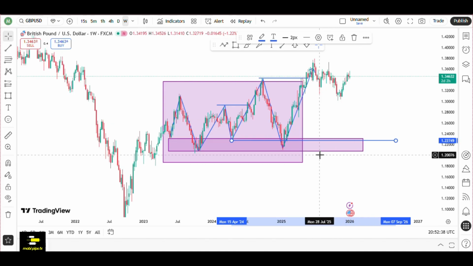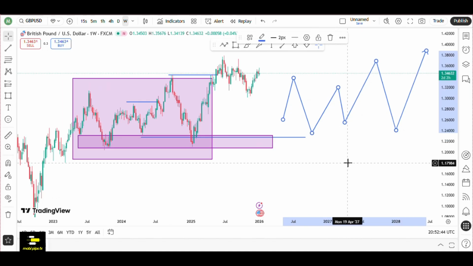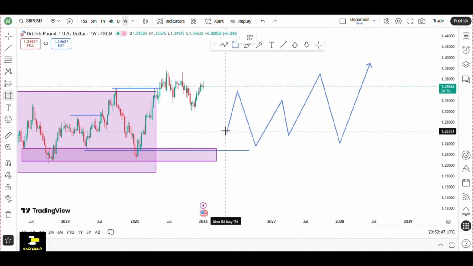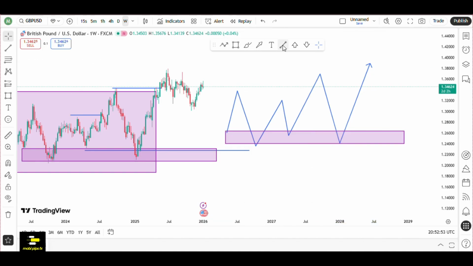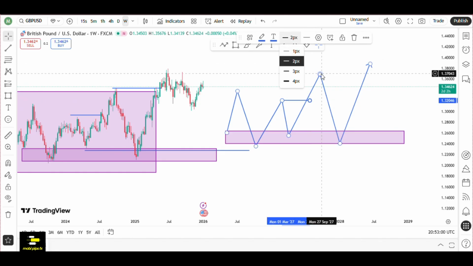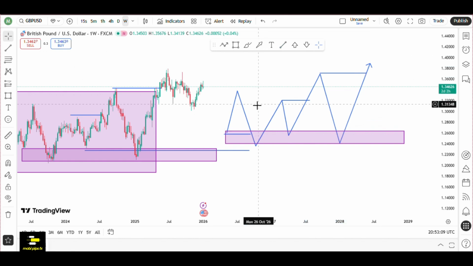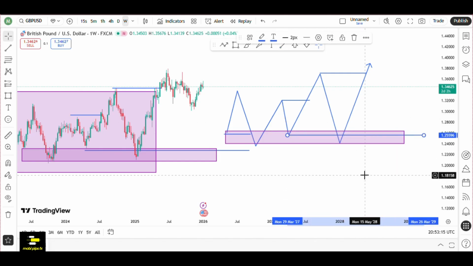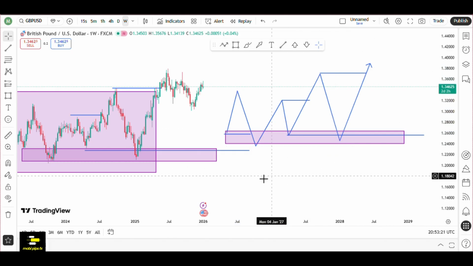So what happens? We get this here. Do you see what I was talking about? So this is what I'm talking about. We have transactional liquidity 1, transactional liquidity 2. Already we have our sweep here. So 1, 2, then structural liquidity is right down here, which has been taken out here. Then the actual buy takes place.